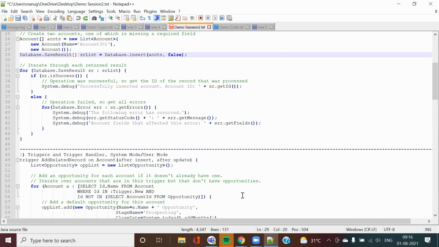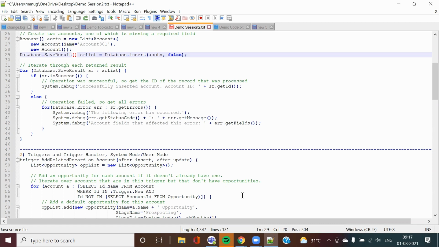So your before trigger will always work on the same object. Apart from this, I also showed you one more example, that annual revenue example and setting the status. Now in case I am inserting a record of an account object and I want a contact record to be created, so in case my transaction is happening on multiple objects, I will make use of your after trigger.